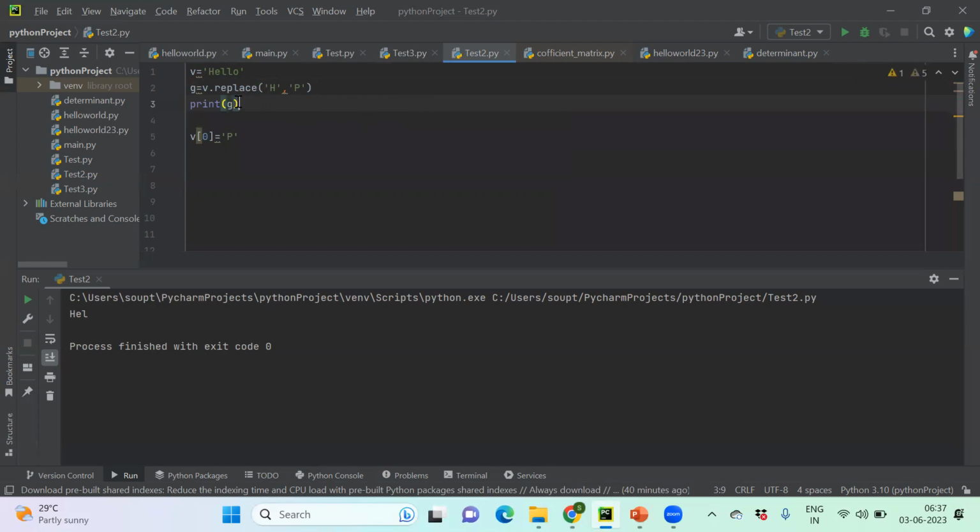Okay. If I print this, it will give me the payload output, but it's been stored in G. If I print the entire thing itself, it's a new string only. It's not the similar kind of string V. Okay. But if I do this kind of thing,